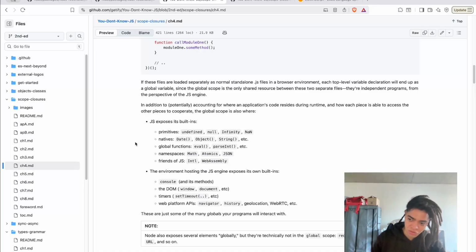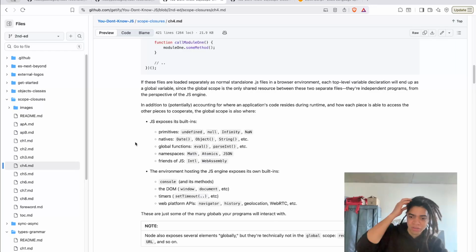So those environment built-ins exposed by the engines are, for example, the console, the DOM, the workers, or the web platform as well, the navigator, the history.